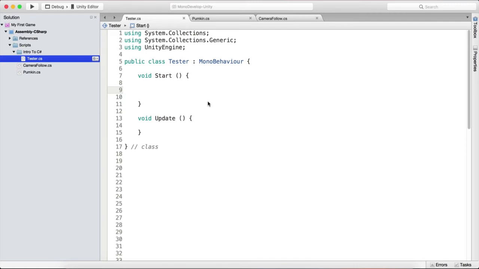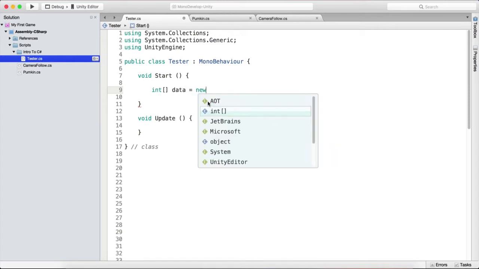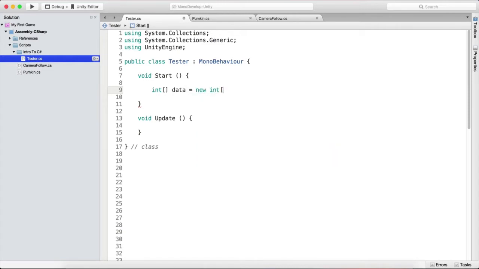So how can we declare arrays? Well, you declare first the type of the variable you want to store in that array. In our case, integers, and I'm always using integers as an example, but you can use strings, booleans, floats, doubles. It works the same way. So you first type the type of that variable, int, and then you open a square bracket and close a square bracket, and then you give it a name, let's say data, and it is equal to new int array